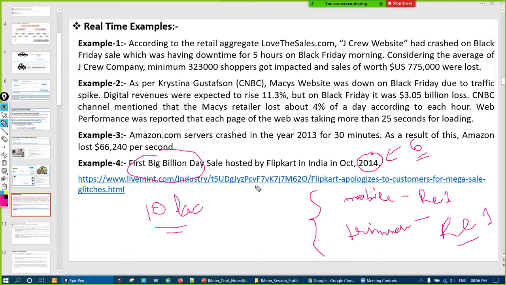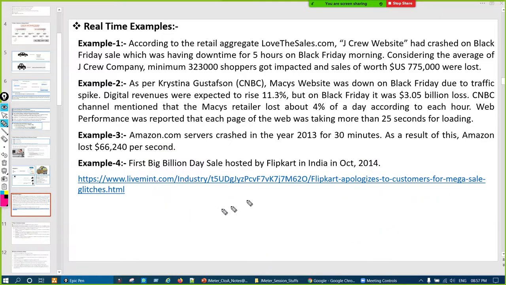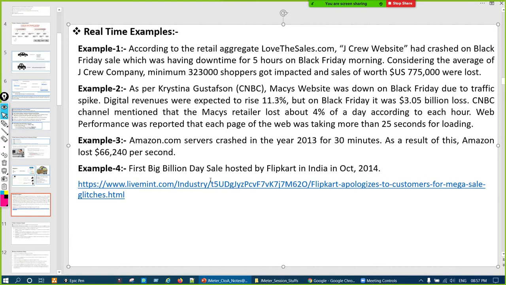And they advertised this in newspapers, local papers, everywhere, that for 1 rupee they were selling this much. So when they hosted it that day, they expected 10 lakh, but maybe 5 lakh more came, or even 10 lakh more came because of this strategy. Because of this surge, their application went down and a glitch happened. So we can always see this link, which I have kept for that purpose.